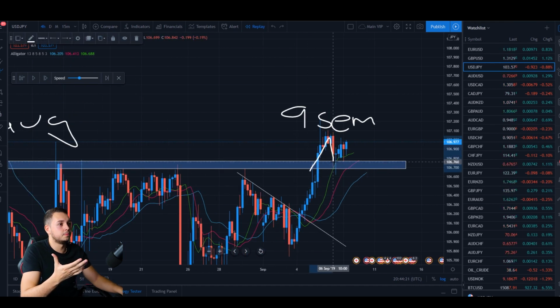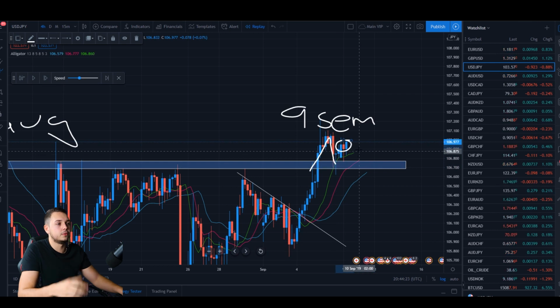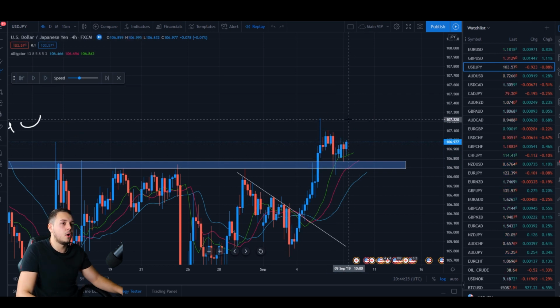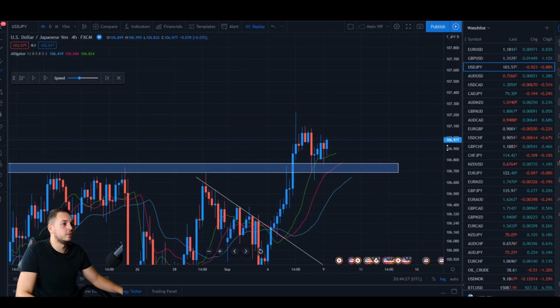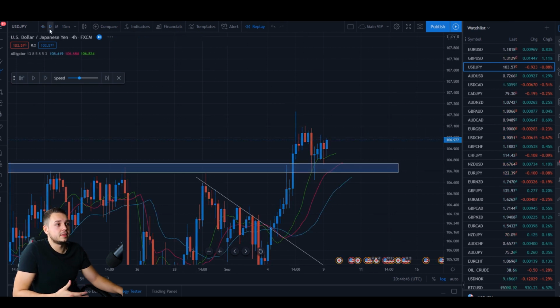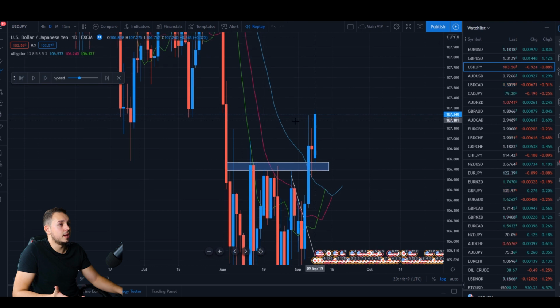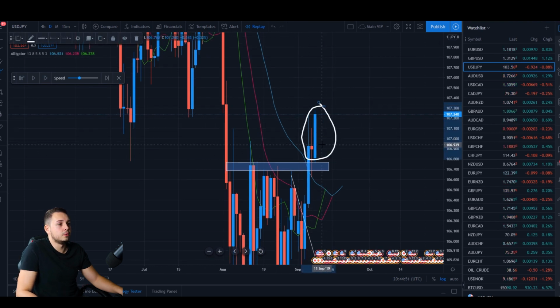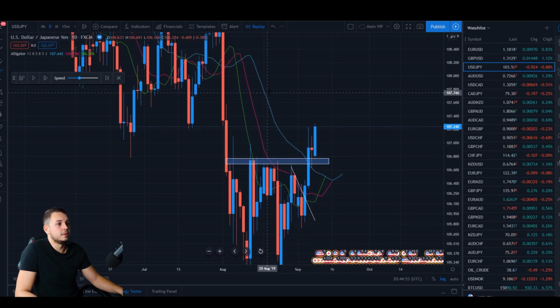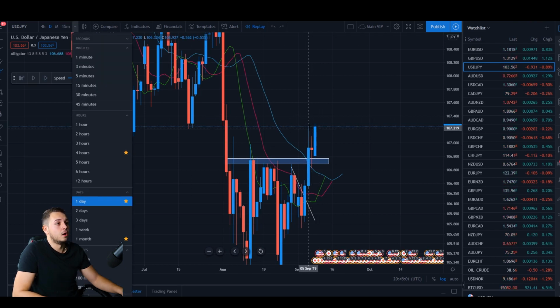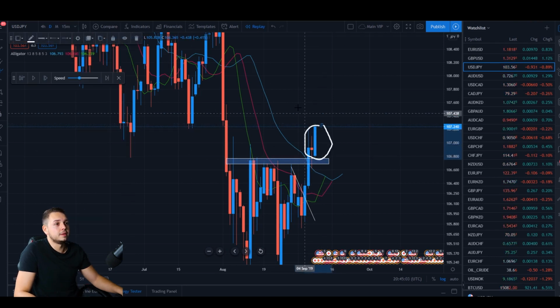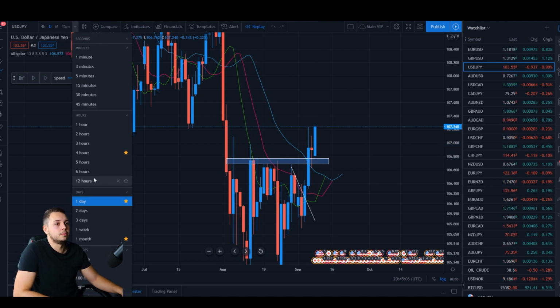So after it breaks, pulls back, and we get a bullish engulfing candle close, it's a very high probability trade towards the upside. Not to mention, we have to have a look at other time frames as well, such as the daily time frame. If we have a look at the daily, a bullish engulfing candle is forming, also breaking the moving averages or the alligator lines, whatever you want to call them, and that's a great indicator to go towards the upside. Obviously this is not yet a complete candlestick, so if you want to find a complete candlestick, go